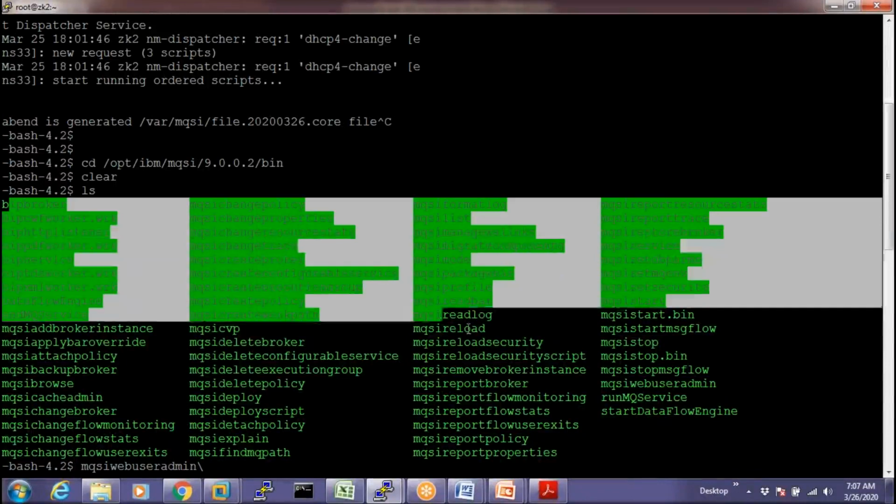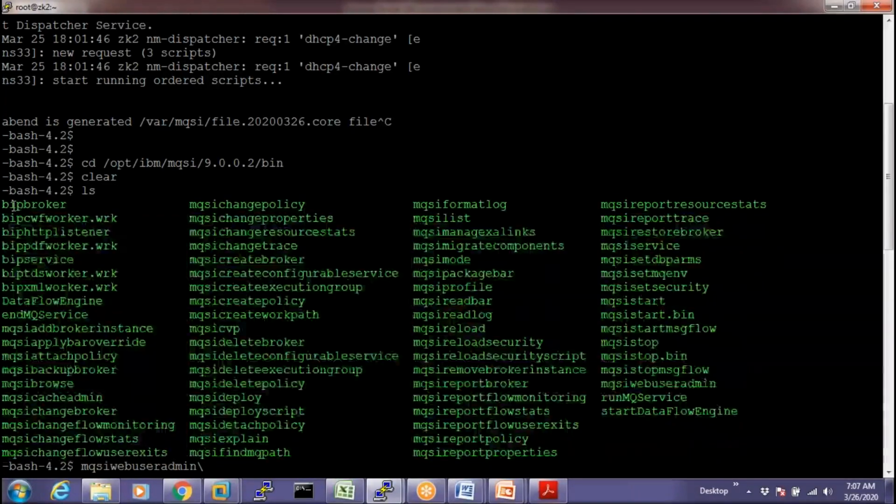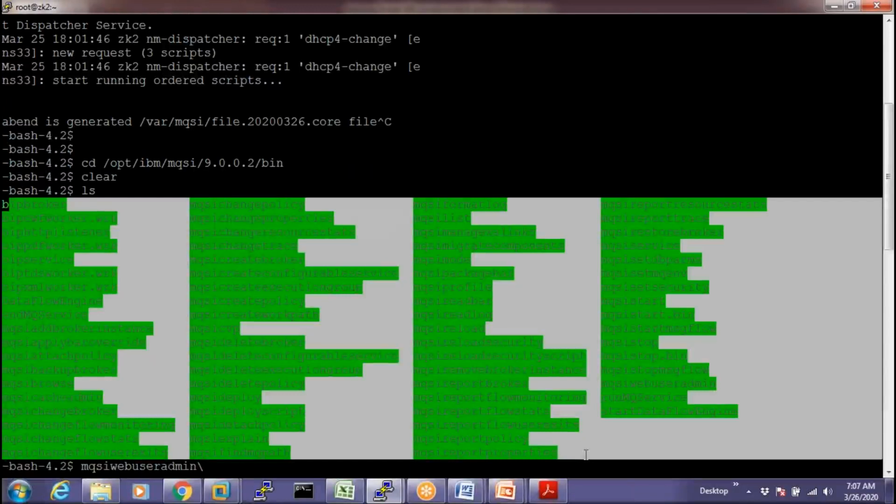So you want to know each and every command? At least let us have it as a kind of highlight. Fine, I can. mqsideleteconfigurableservices. What are these configurable services? I see them most of the time. Sometimes there are external configurable services we need to configure. Okay, let's do one thing. I can give you a high level overview on all the commands. Okay, thank you. No problem.